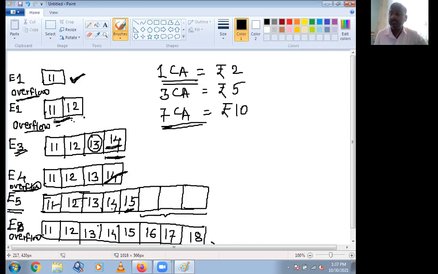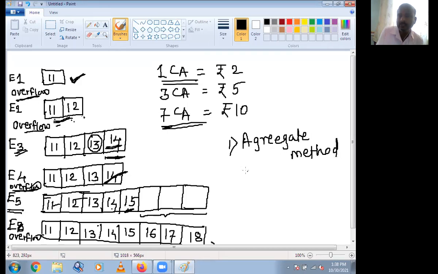Okay, there are three types of amortized analysis. First is the aggregate method. Second is the accounting method.